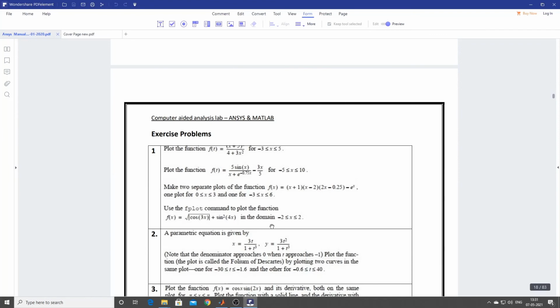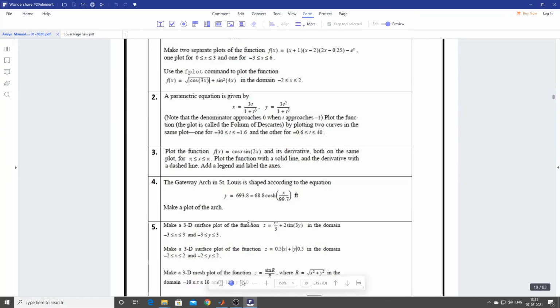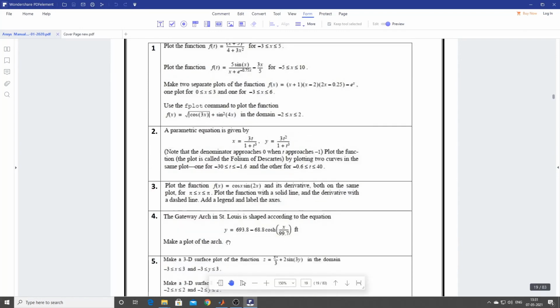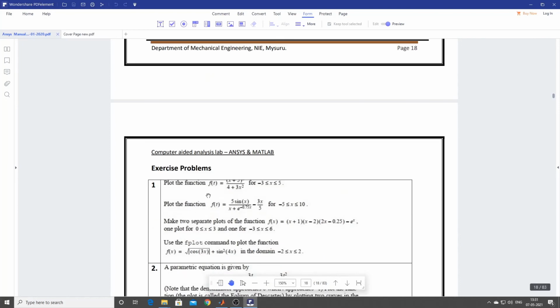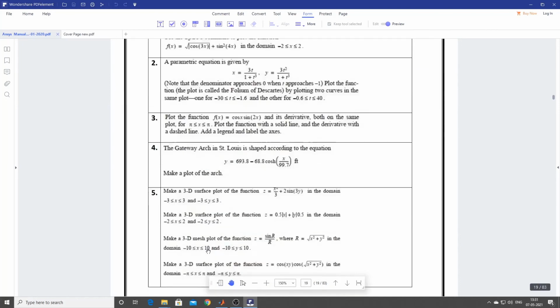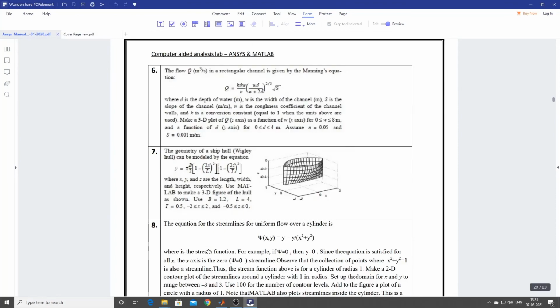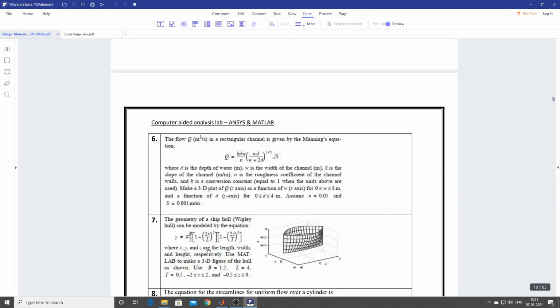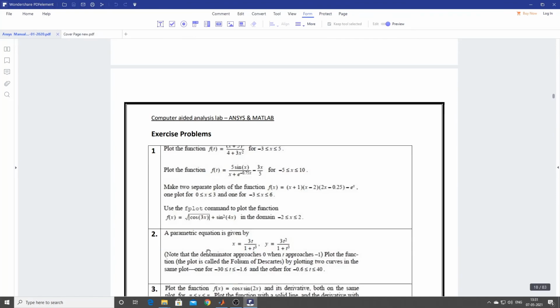Try to do it. So this is an exercise already, everything I've shown. So please try to solve this exercise. It is same. I need not show it. Already I have shown how to type all this XYZ in the previous video. Only thing you have to give is the plot command, that also I have shown in this video. Please try to solve this problem. So you have around 8 problems. Please try to solve these problems.